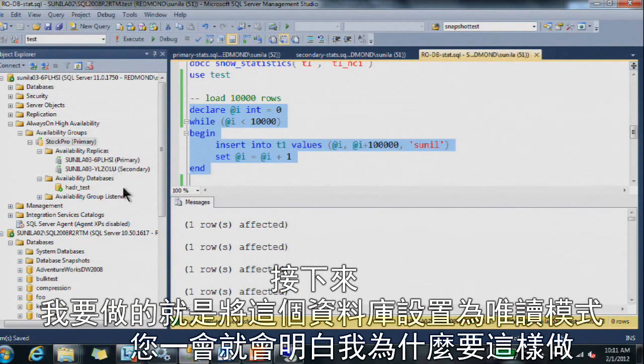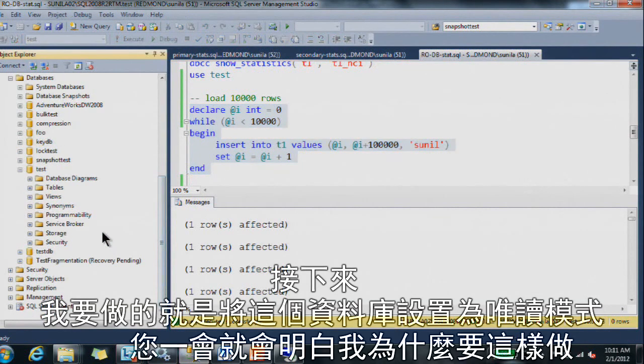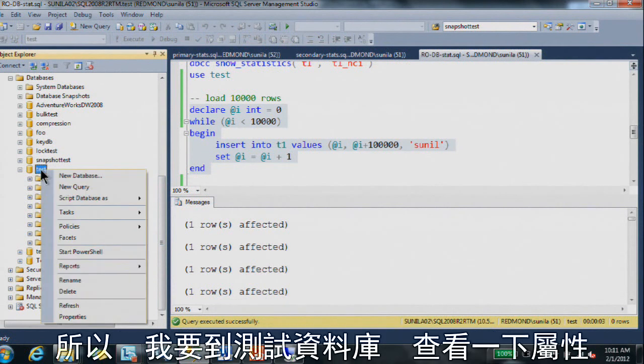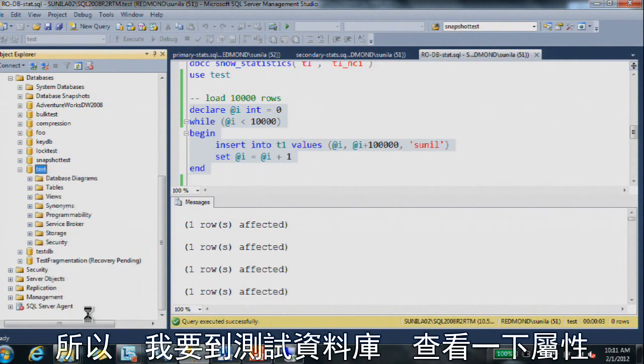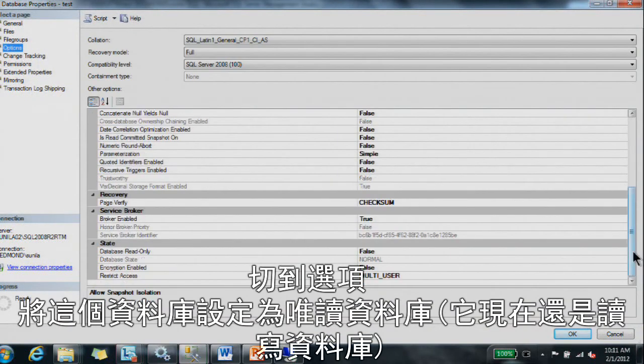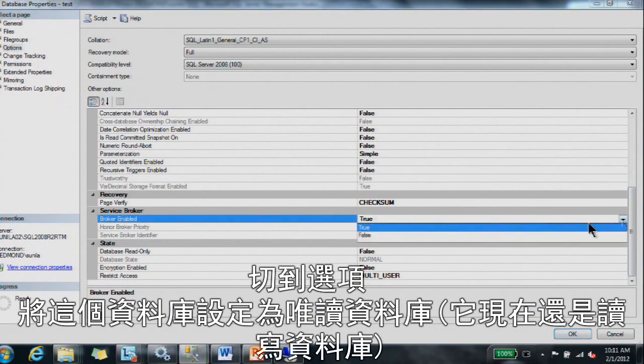And what I'm going to do is make this database read-only. And you will see why I'm doing that, and it has an implication on the challenges that we have on the readable secondary. So I'm going to go to the test database, look at the properties, go to the options, and mark this database as